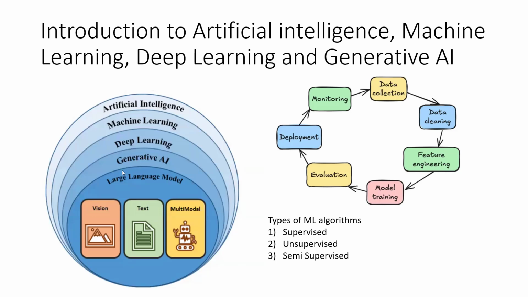Inside generative AI, we have large language models, LLMs, right? We have models that generate text, or models that can generate vision, that is images, or we also have multimodal, meaning both image and text. By using these pre-trained large language models, we can perform generic tasks like text to audio conversion, sentiment analysis, or conversion from one language to another.